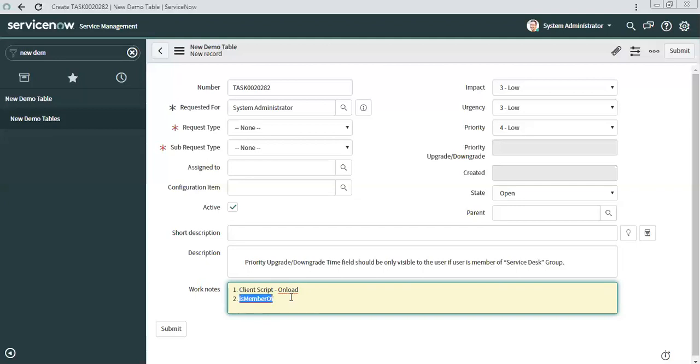But this function is not available on the client side. Visibility will be controlled through the client script, but to control the visibility, this client script needs a condition for checking the membership, and this function is available on the server side.